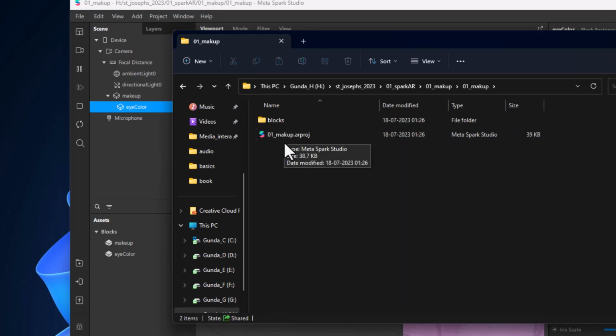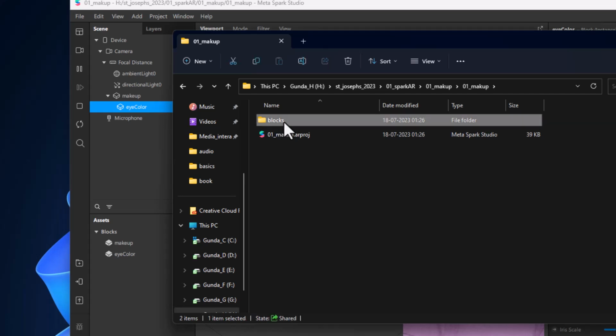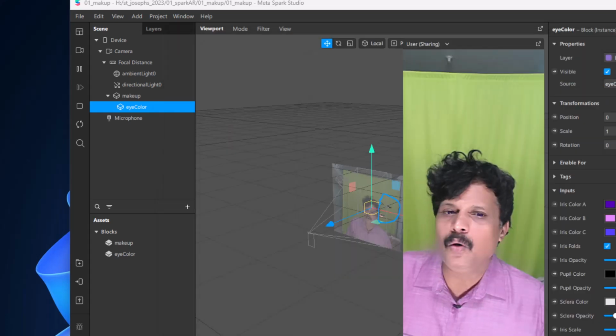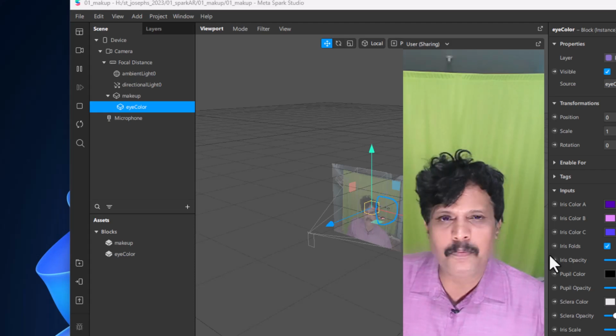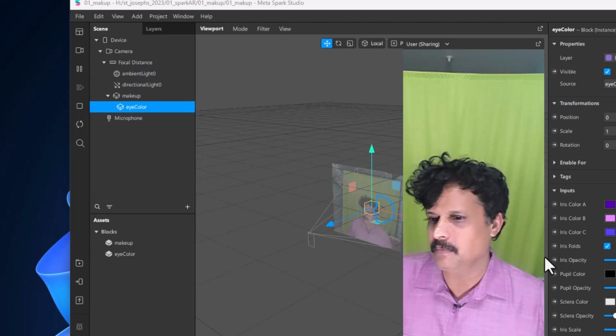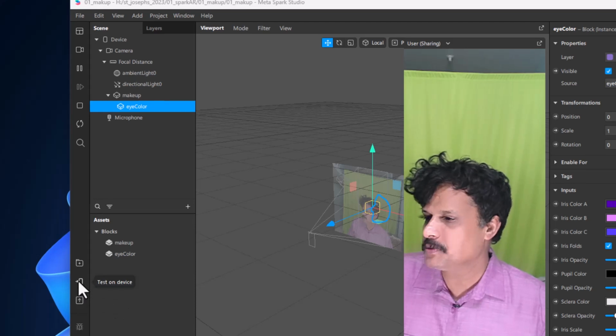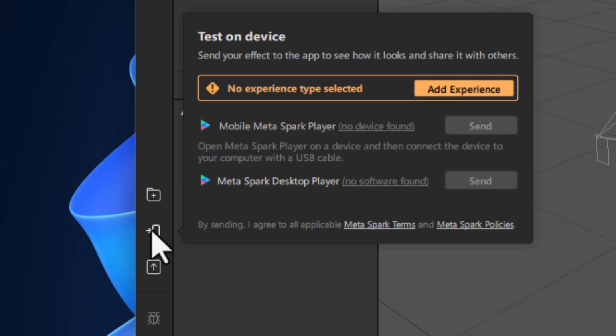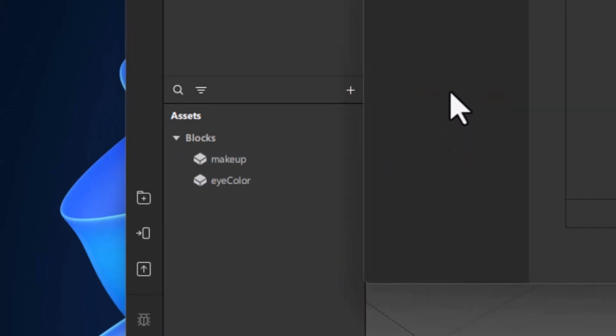This is the Spark AR file, and along with it, it also saves all the assets that have been used in your project. Now I want this effect to be presented on Instagram or Facebook, so you have an option here called Test on device. If I click on Test on device, it asks what kind of experience I have to add. No experience type is selected, so click on Add experience,